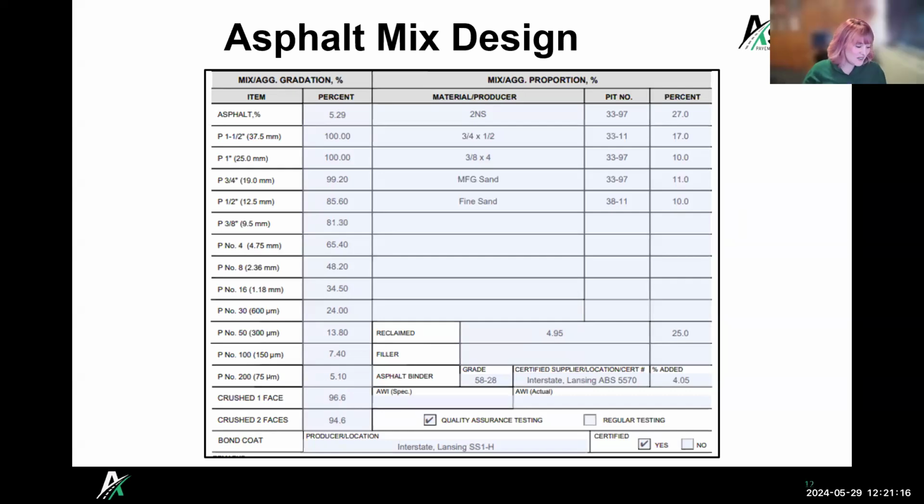So if I change that asphalt grade, do I need an entirely different mix? Do I have to start the mix design over? Not necessarily, no. A lot of studies have shown that if I do a mix design with a certain aggregate structure and I switch the liquid asphalt that I'm using, it's probably still going to meet all that. There are some specifications out there where a change does require a new mix design, but in general, no, you don't need one.